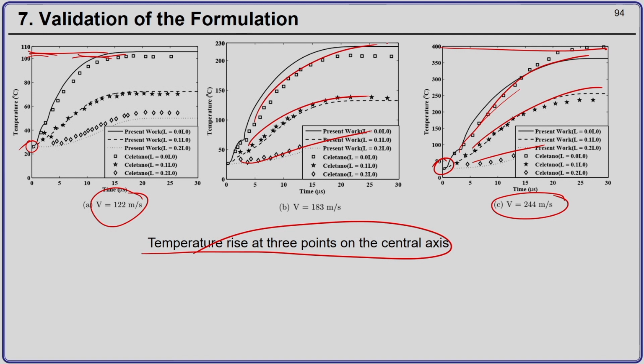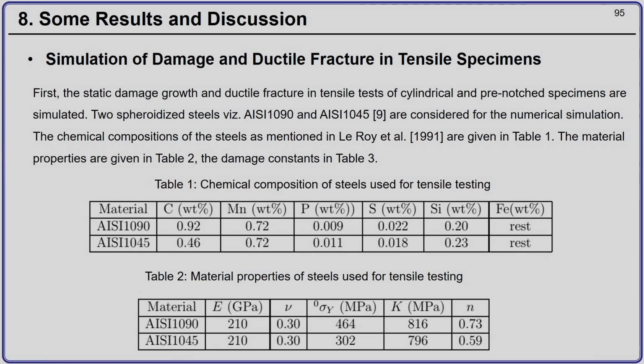So, with this validation, what we can do now is discuss some of the results. The first thing is we simulate the damage and ductile fracture in the tensile specimen. Again the geometry remains as we used for the validation problem. However, the material now is chosen as AISI 1090 and 1045, for which we have the experimental results reported in